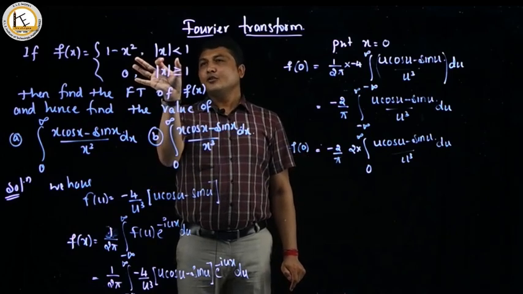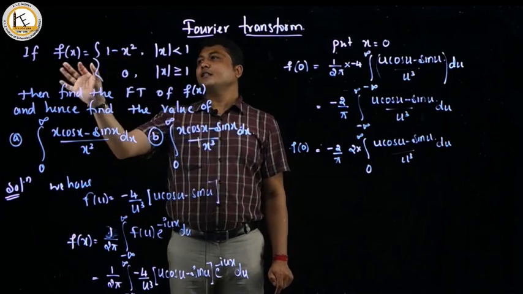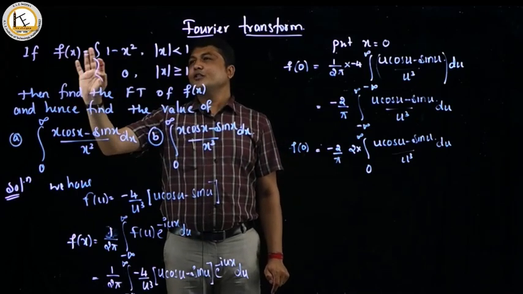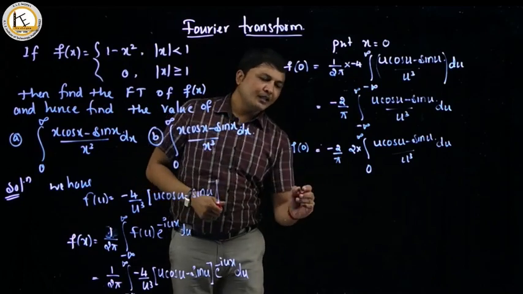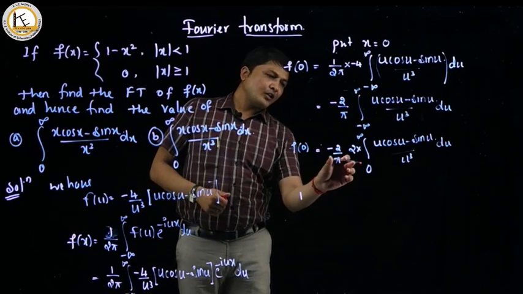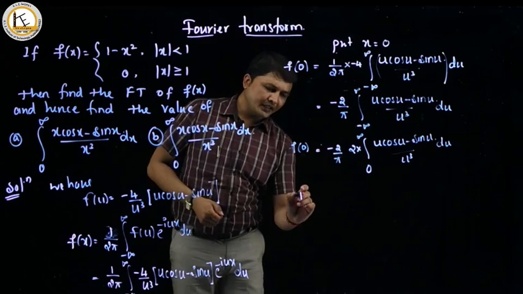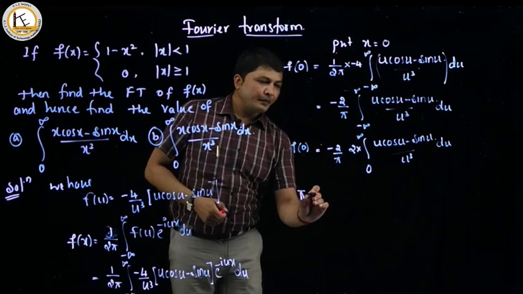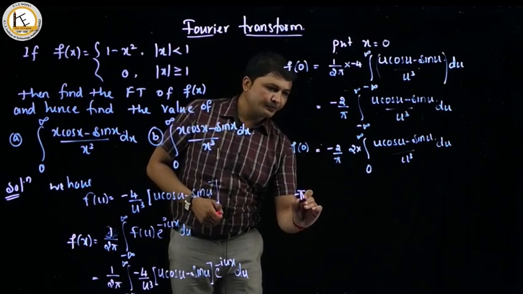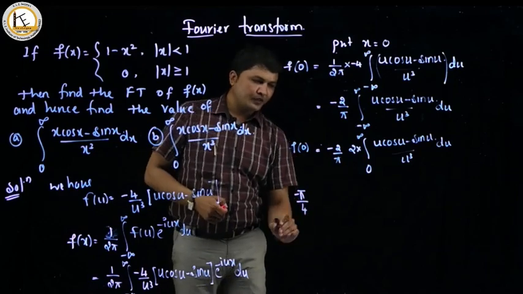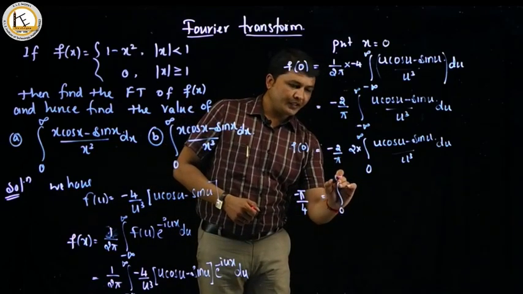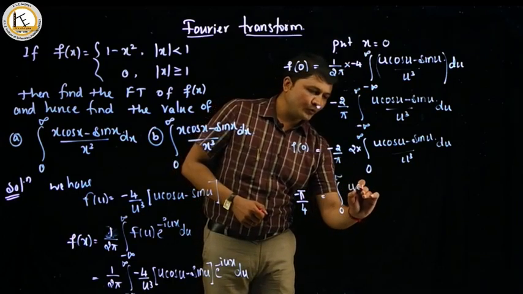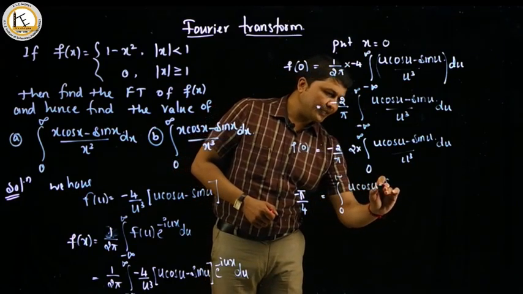So if x equal to 0 lies in this range, then the function value at x equal to 0 will be 1 minus 0, which is 1. I will cross multiply these numbers this side, so it becomes minus pi by 4 is equal to the integral 0 to infinity u into cos u minus sin u